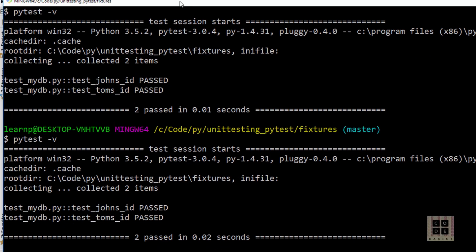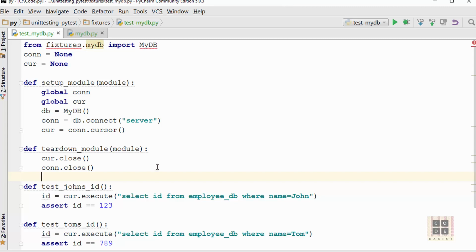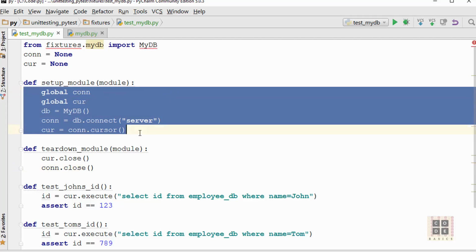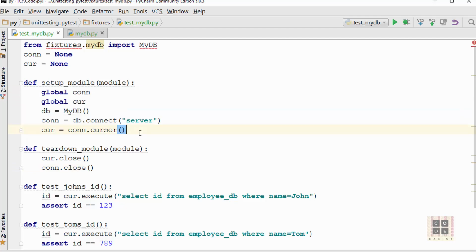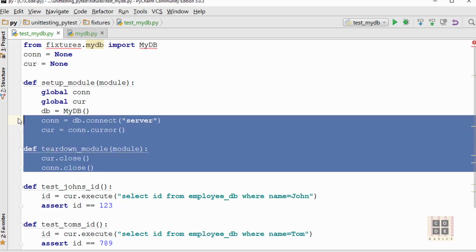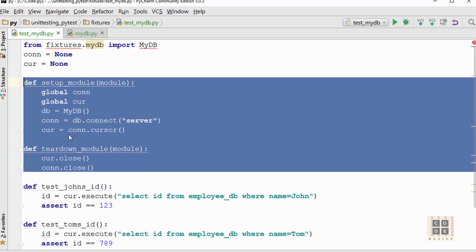Cool. So you can see both the tests passed. It worked as expected. So now this is better. You solved the two issues that I mentioned, and those issues were repeating the same line of code and calling a costly database connection every time. Now you can do this exact same thing of setting up and tear down using